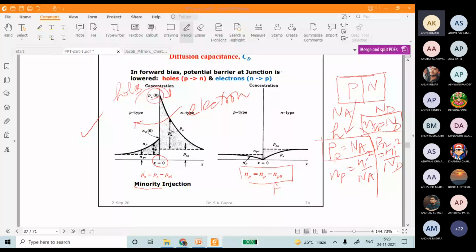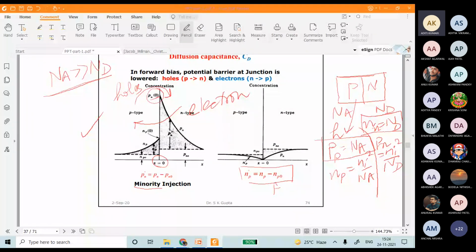It is assumed here that the acceptor doping concentration is very large as compared to the donor doping. And that's the reason it is shown like this. Sometimes for simplicity we assume this kind of doping, because if this kind of doping is assumed, then only one type of carriers participates more to form the current as compared to the other.